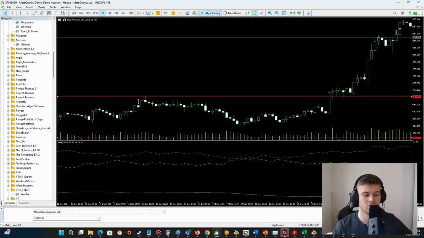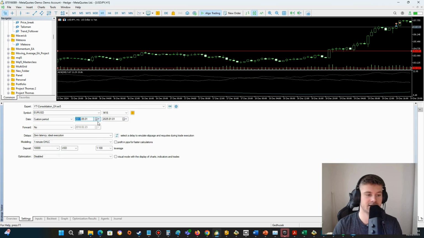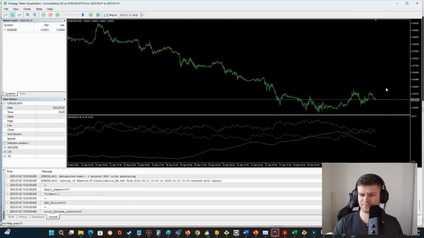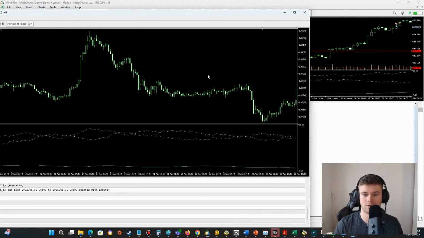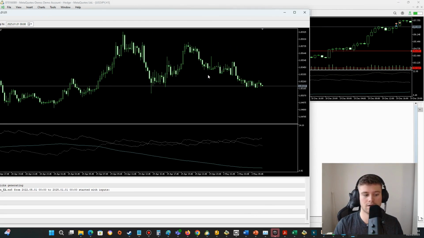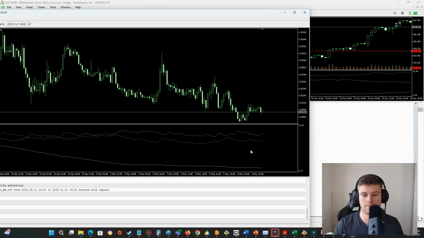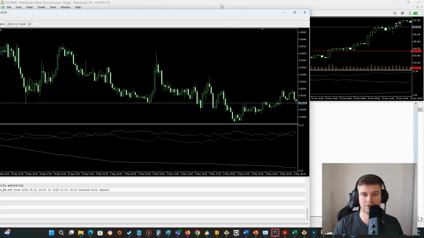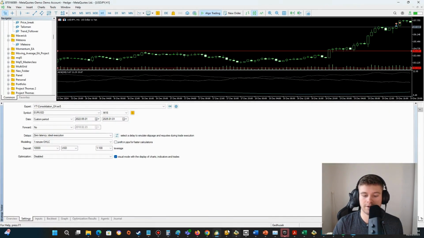Let's check it. So let me find my YouTube folder, and it's under C. So consolidation is right here. And yeah, let's use the visual mode and let's just see how it looks like. So I'll just slow this down a bit. Okay, so it obviously doesn't work because yeah, there are these crossovers and nothing happens. So we don't get any errors or something like this. So the error is